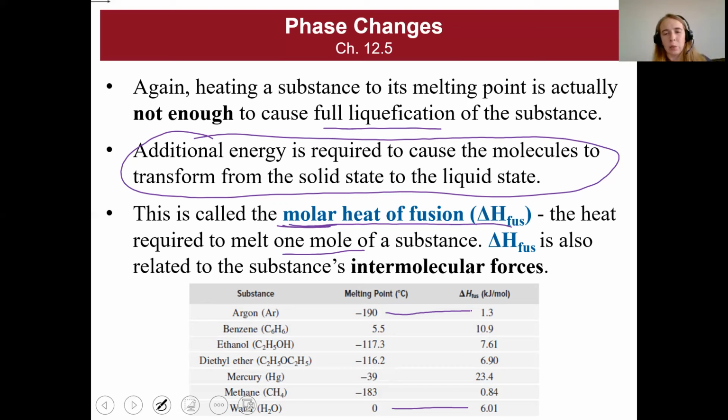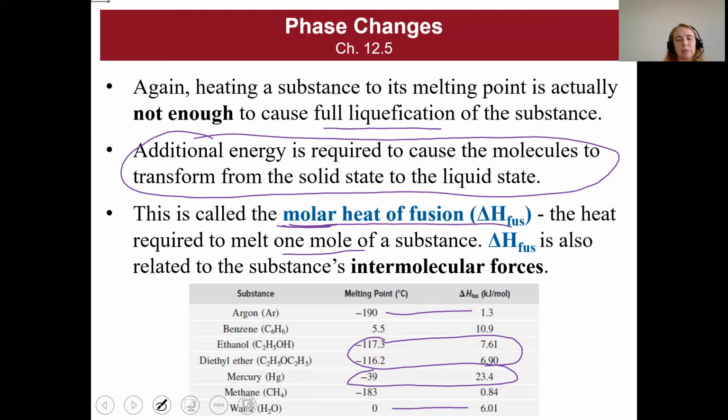But then we get some weird ones in here where the melting point is a lot lower than the melting point of water, but the delta H of fusion is actually higher. Same here. So these substances are a little weird. These substances have really low melting points, but they still have fairly high delta H fusion,